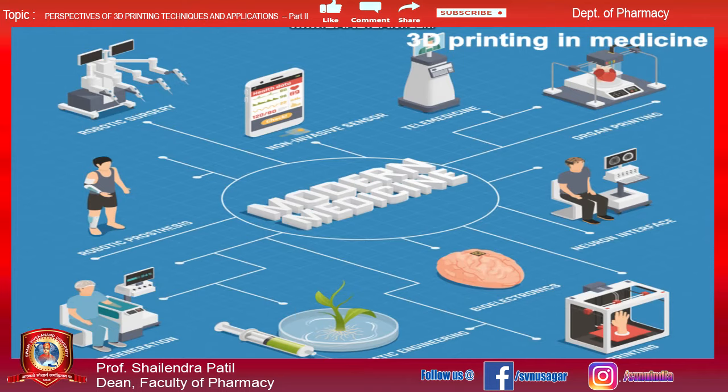You can use this technique in genetic engineering. Also, it can be used in the regeneration of organs or damaged parts. Apart from that, robotic prostheses are also being developed using 3D printing technology. So, you can see that specifically in the medical sector, there is a vast scope for the utilization of this 3D printing technology.